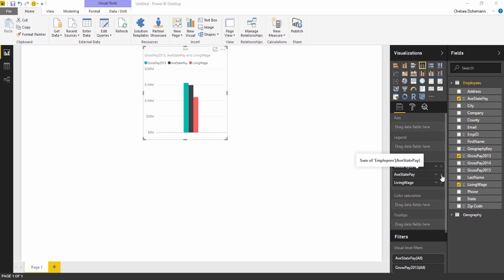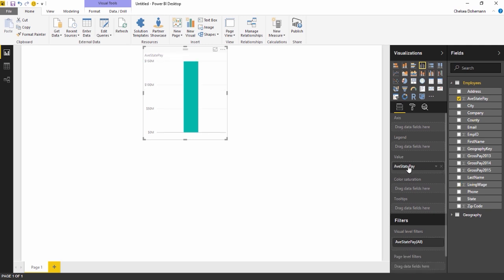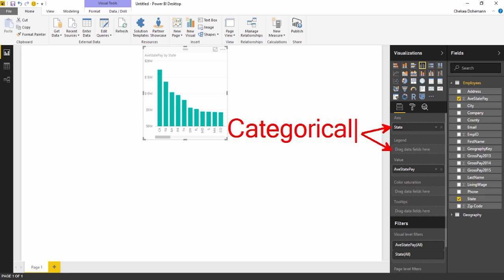However, if instead of layering all calculable fields in here, if I started to layer some categorical fields such as state, I'll get a very different looking visual. Notice that my state field just went into the axis field area. Axis and legend field areas are typically used for categorical data types, whereas the value field area tends to be most useful for